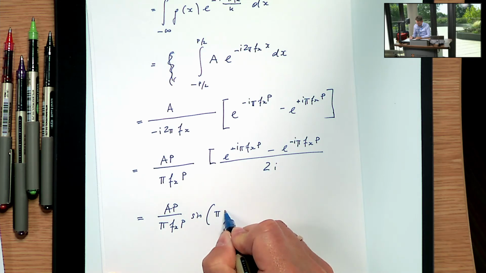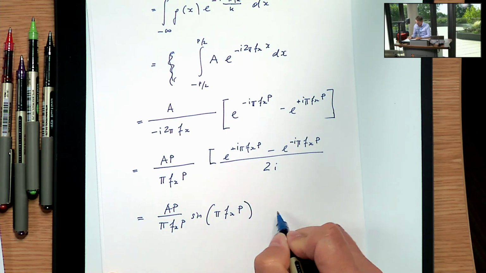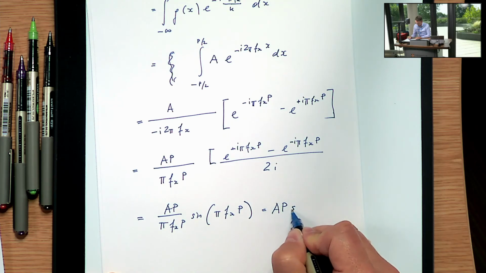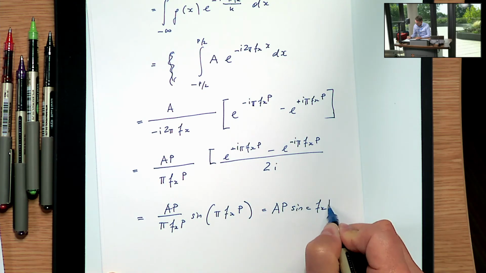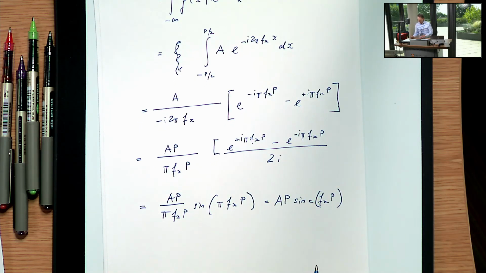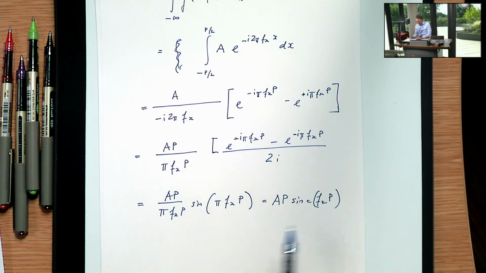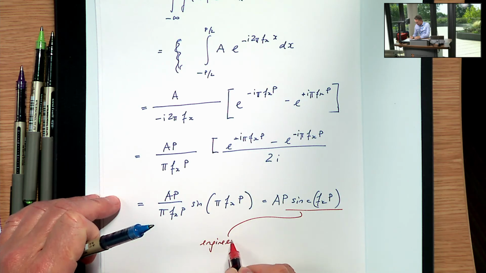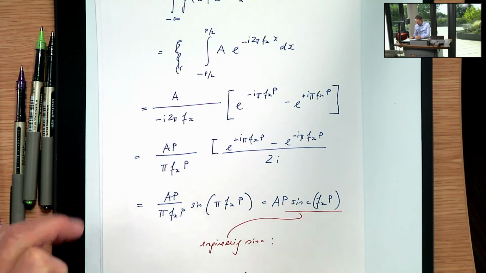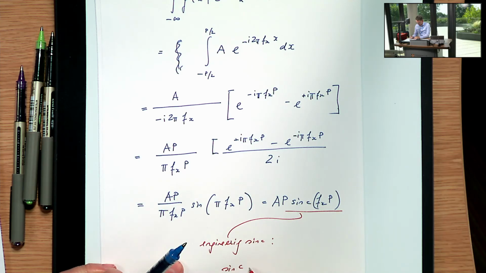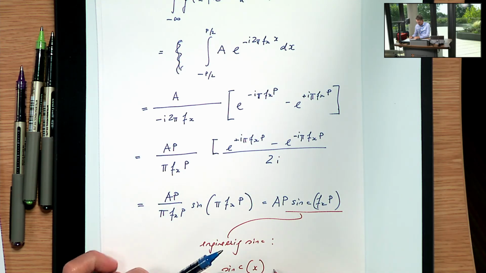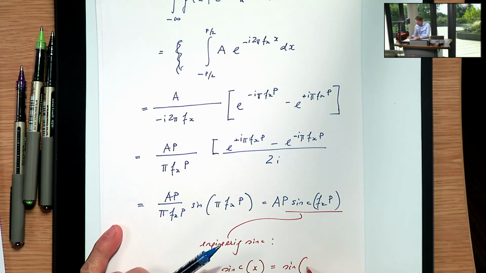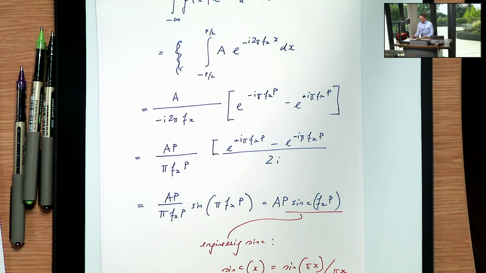of pi fx p, which is equal to A p sinc fx p, where this factor pi here doesn't appear in that sinc definition here. This is called, for the engineers, the engineering sinc. So the engineering sinc definition of sinc of x is equal to sine pi x over pi x, right? So you don't write the pi explicitly into the sinc function,